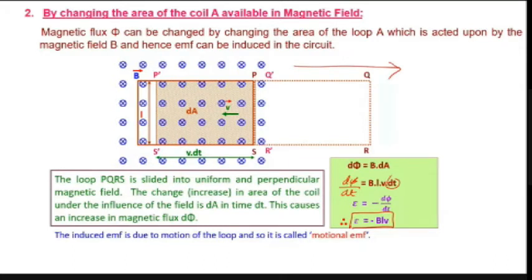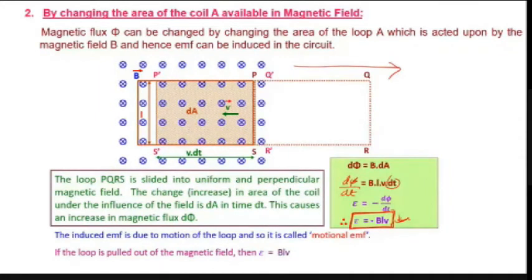If the flux changes, there will be an induced EMF. What will be the expression for that induced EMF? BLV. What about minus? Not negative, because it is opposite in direction. In this case, if it is anti-clockwise, then if I reverse the motion, it will be clockwise. You know that it always opposes. So minus into minus BLV becomes BLV. So if the loop is pulled out of the magnetic field, then the induced EMF will be B into L into V. Very important expression for motional EMF.